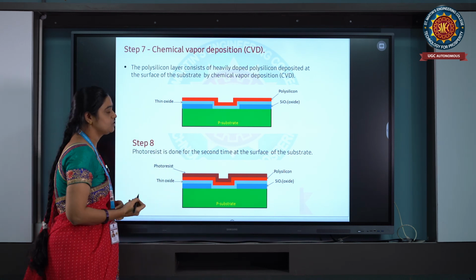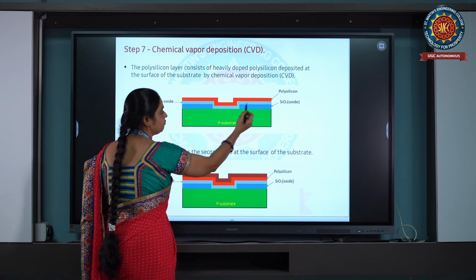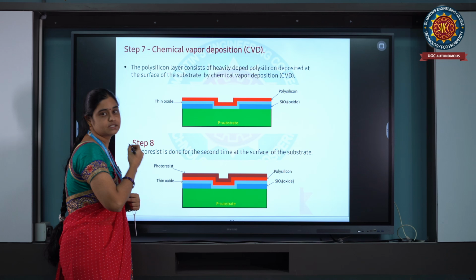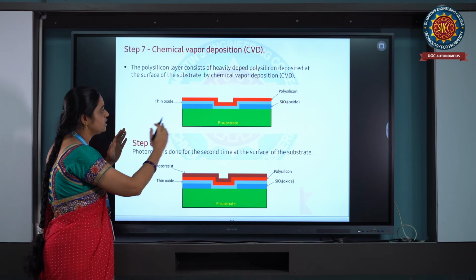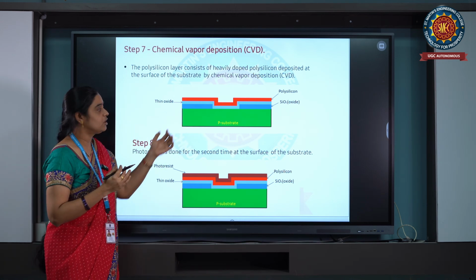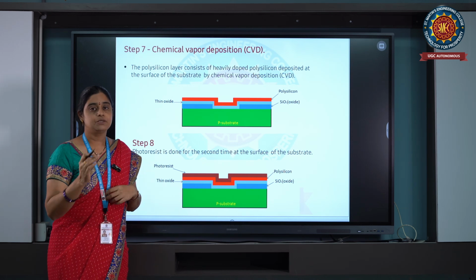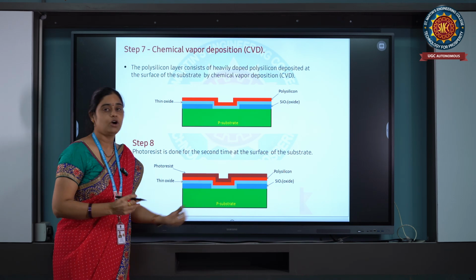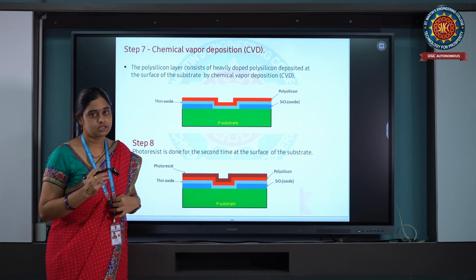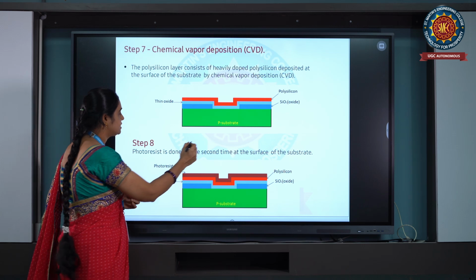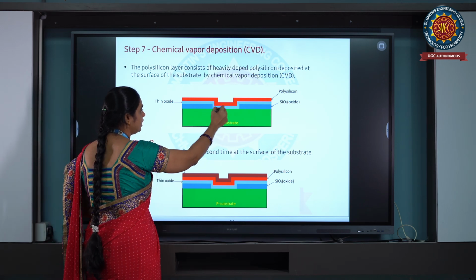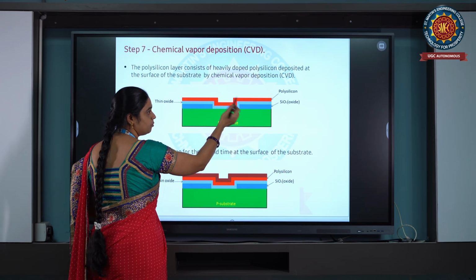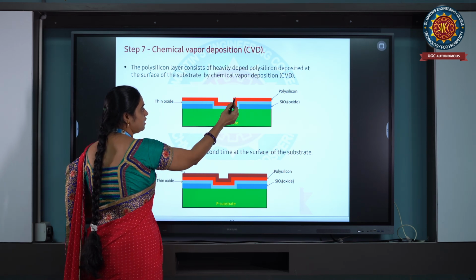Using the CVD process, we are placing polysilicon, which is red in color here. We are placing polysilicon over the entire substrate. So now polysilicon is placed over the entire substrate on the silicon dioxide layer. This polysilicon should be concentrated only at the center to form the gate terminal of the NMOS transistor. What do we have to do? At the center, we need only the gate terminal. We have to remove polysilicon on either side because we have to form the source and drain here.